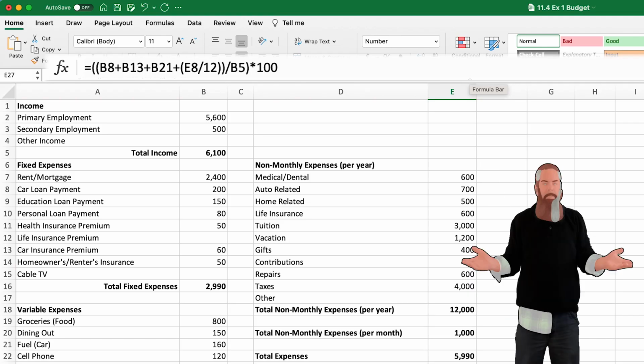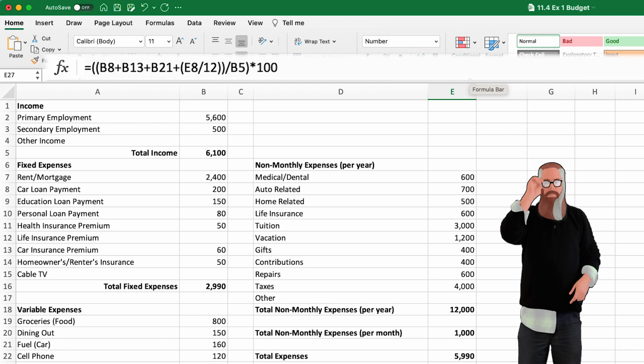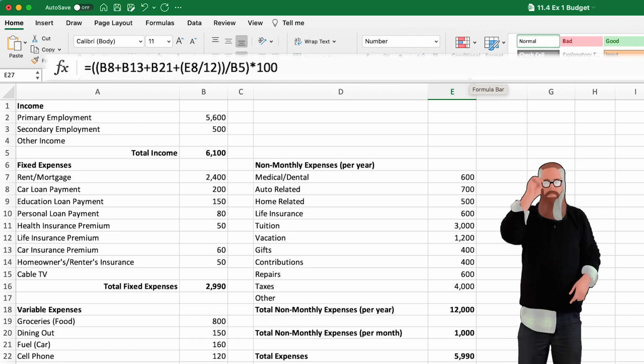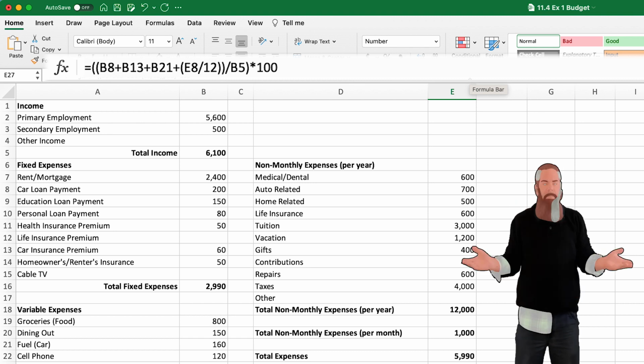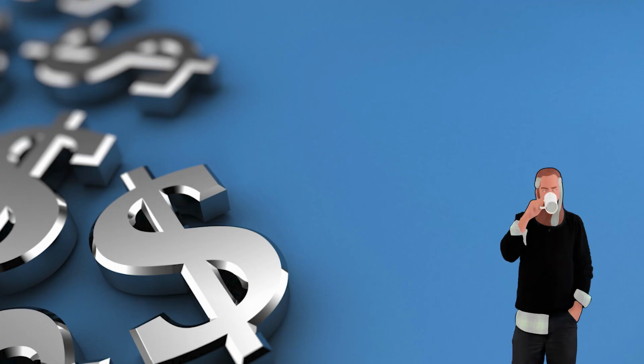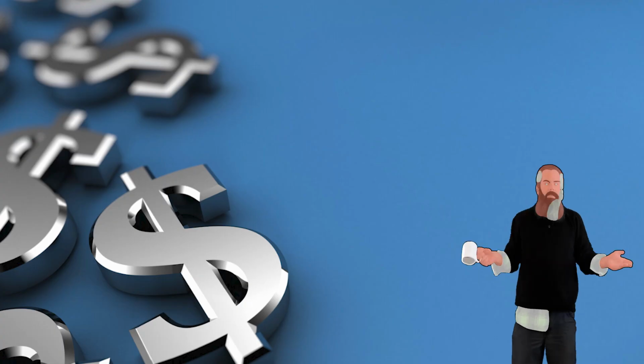In E27, we put equal, open parenthesis, B8 plus B13 plus B21 plus, open parenthesis, E8 divide 12, close parenthesis, divide B5, close parenthesis, times 100, and hit equals. Once a cash flow analysis has been completed, it is time to convert what you have learned